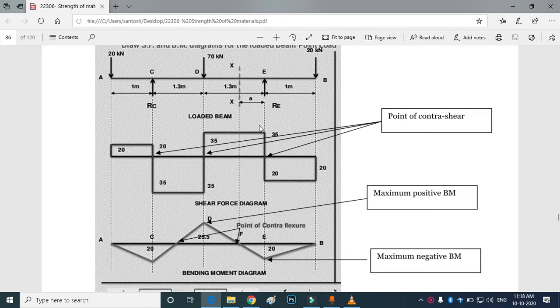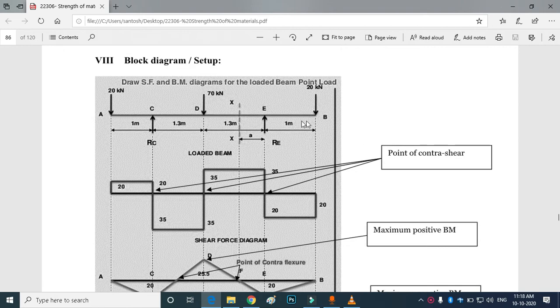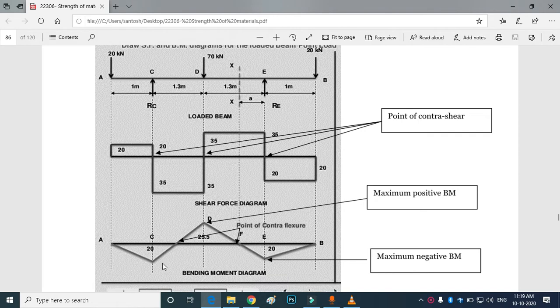So when we do it manually, what we have to do, we have to first of all draw this beam, we have to find the values of reactions at this support and the other support also, and then we move forward to find shear force at various points and bending moment at various points. Then we move to draw this particular diagram of shear force and bending moment. As you can see over here, this point between C to D is the point of contraflexure, and this point is also the point of contraflexure.